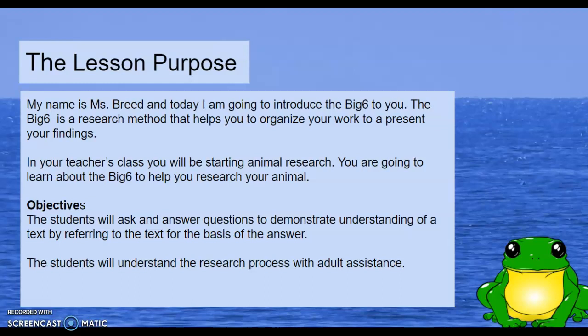So our objectives are that you're going to be asking and answering questions to determine understanding of a text by referring to the text for the basis of the answer. So boys and girls, we know that is looking at our text and getting text evidence and proving our answers. We've been doing this since first grade, and we're going to go a little bit deeper into that. We're also going to be understanding the research process with adult assistance. Now, you have done research in the other grades, but this will be our first time using the Big 6